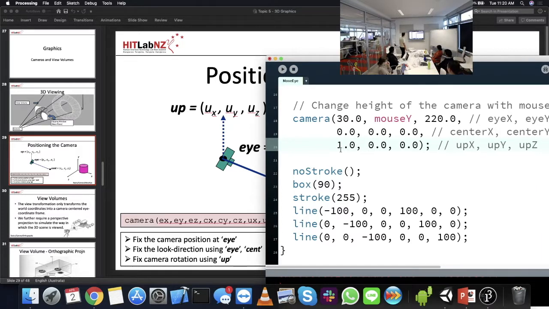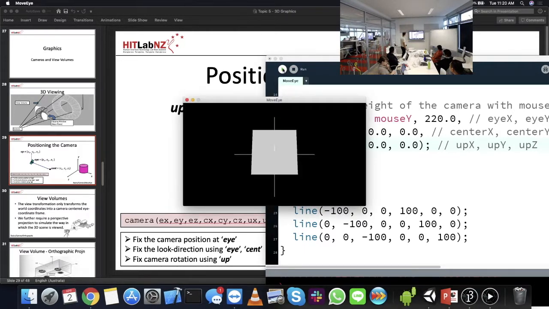So just to show you for the up vector, if I change this from Y being 1 to X being 1, that's the equivalent of changing it from portrait mode to landscape mode. And now when I move, it looks a bit weird, but if I pick up my laptop and hold it that way and move down, oh, actually, sorry, it should be that way, and move down. No, I was right the first time, it should be up this way. Like that, you can see that effectively we've got the same experience, but everything's been rotated 90 degrees. So that's the effect of changing that up position,